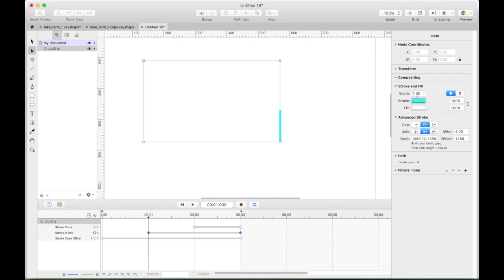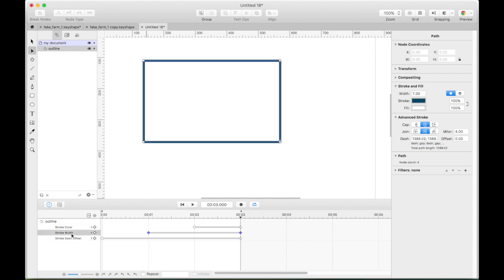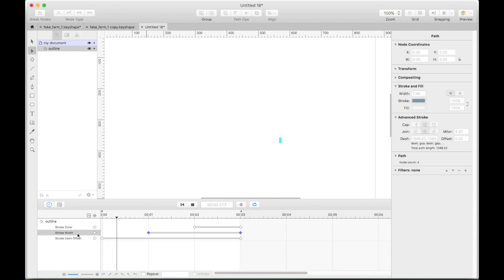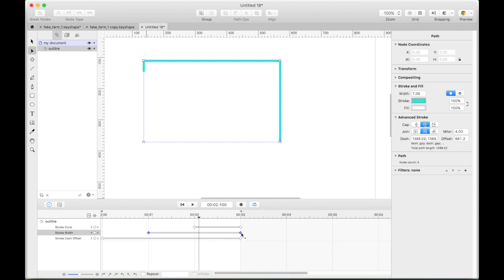So now I see 7 here. I'm going to go ahead and jump to my timeline, and I see 7. So I'm actually not entirely sure why stroke width is not cooperating. But we have bigger fish to fry, so we'll come back to that because it's not really a cool technique anyway to be belaboring the stroke width. But I am curious, so I'll come back. That'll be a homework assignment for me. But let's go. So one of the things is I'm just going to go ahead and delete that.